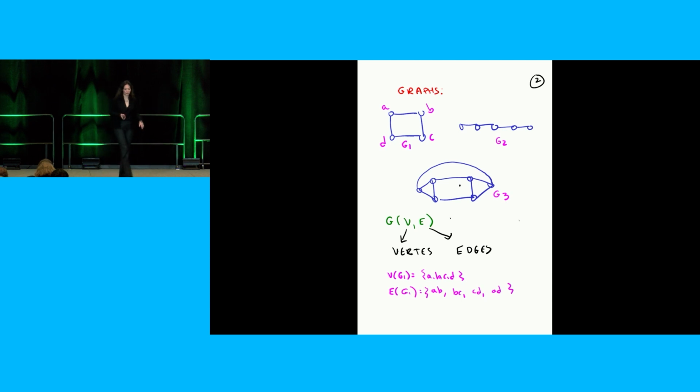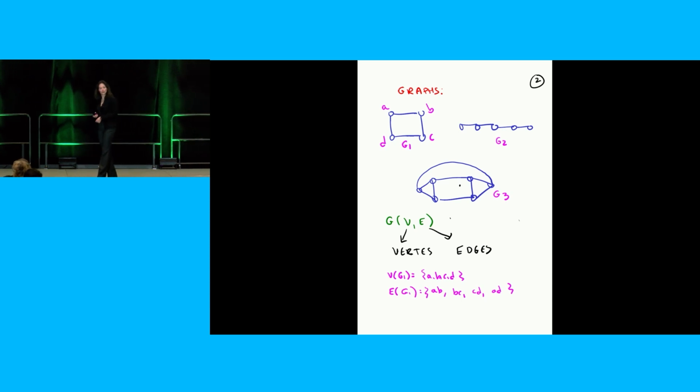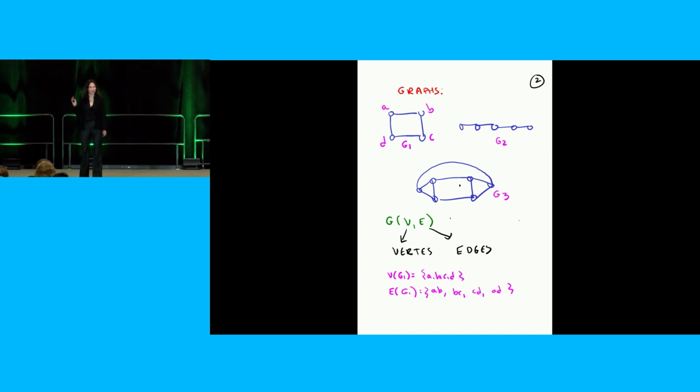So I drew three graphs here. The first one is called G1. It has 4 vertices and 4 edges. Right, so at the bottom of the slide, let's see. So it's a challenge. Peter Winkler told me you can't use the pointer. Let's see if it's true. Yeah, no, I think Peter Winkler knows what he's talking about.